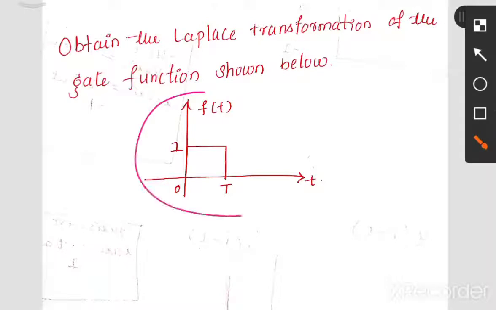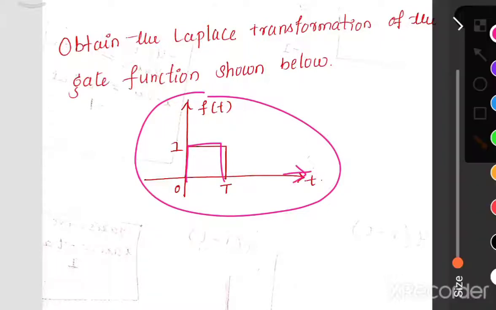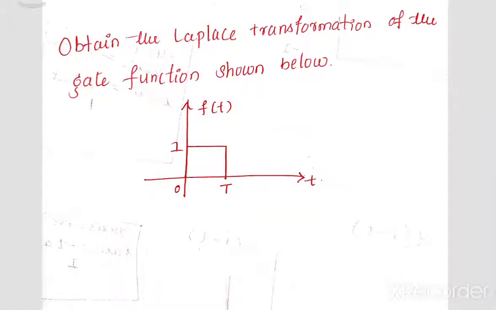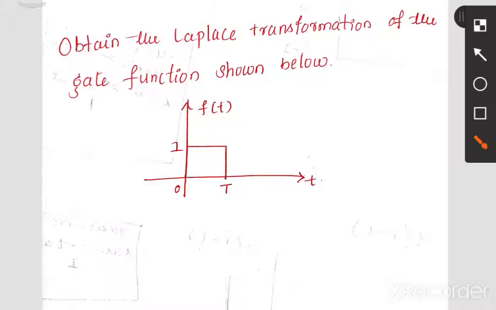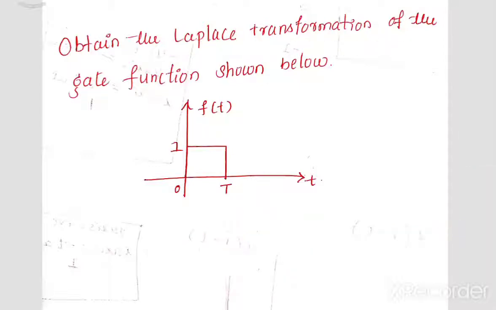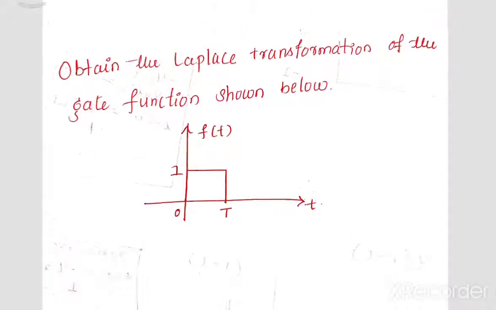There are three we are going to study. The first one is a step function, the second one is a ramp function, and the third one is an impulse function. Here we have to observe what this step, ramp and impulse are. These three are your standard time functions, and remember these three.